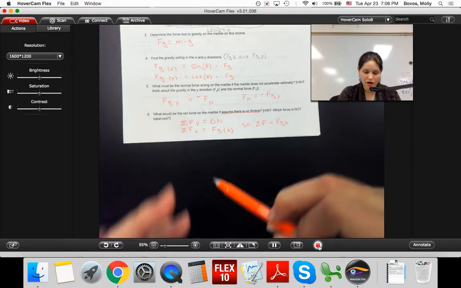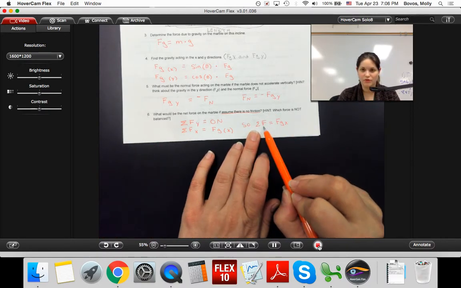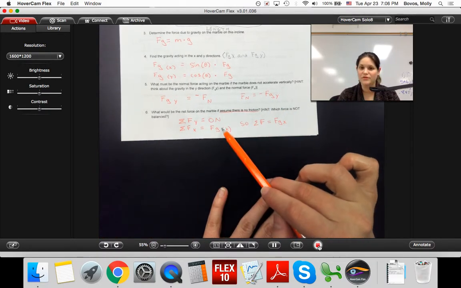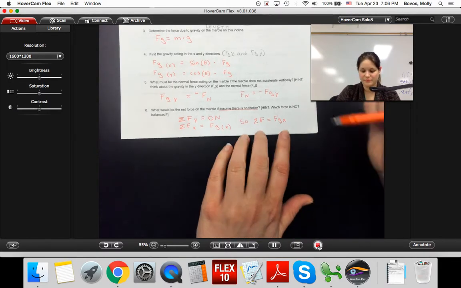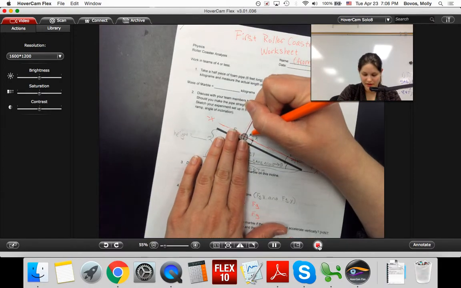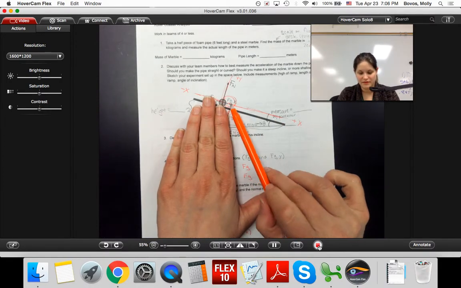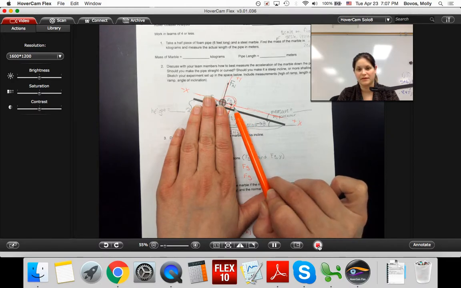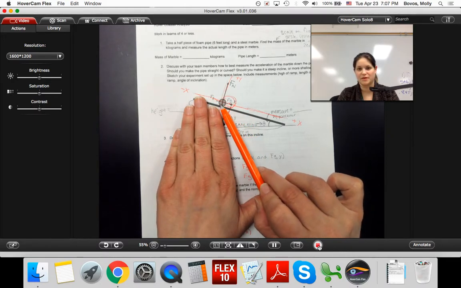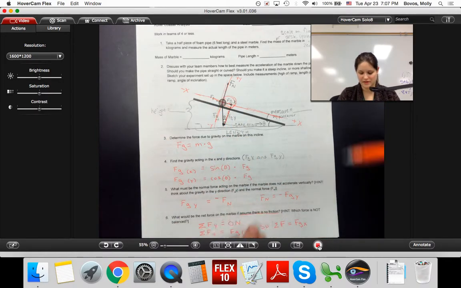So our overall total net force, considering both of those directions, is FGX. This is that weight that's pulling parallel to the ramp, that is the only unbalanced force that's acting on this marble. And so that is what makes the net force. All right, now,